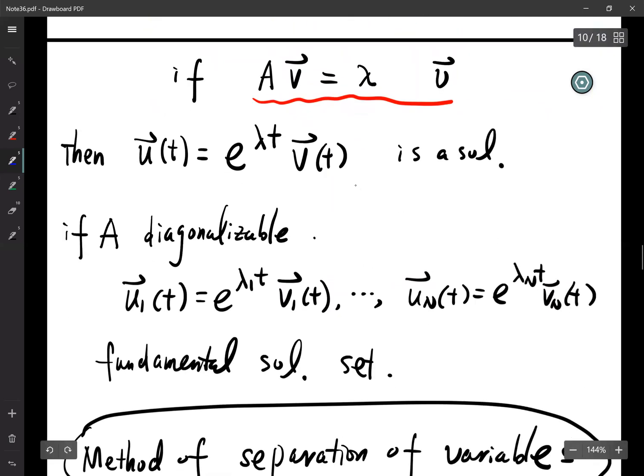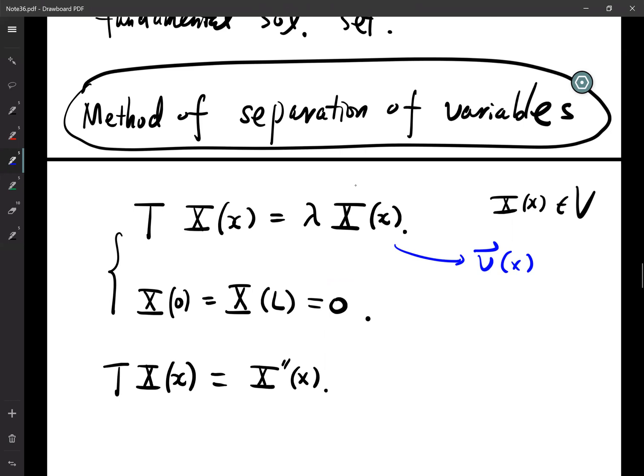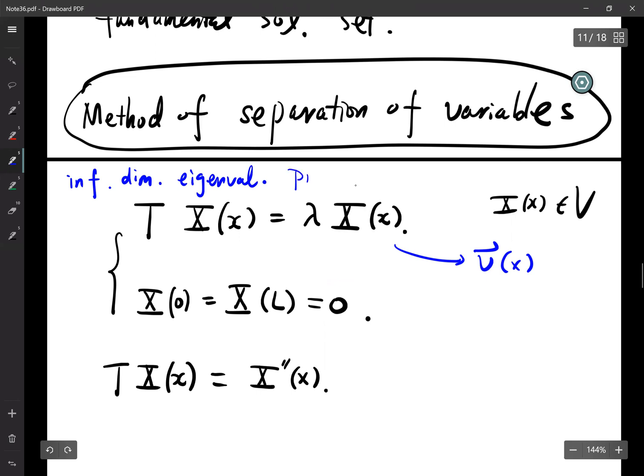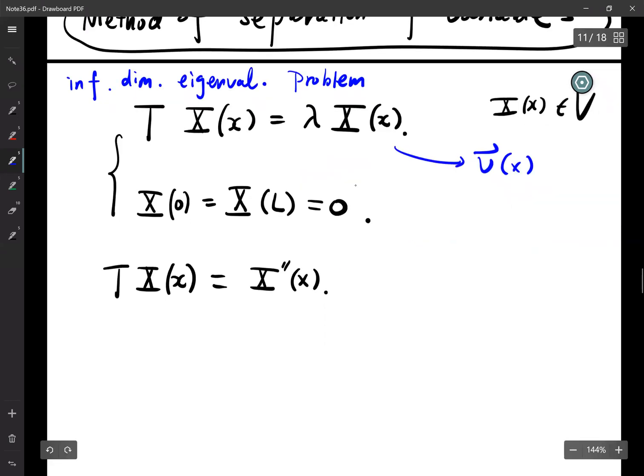Now I solve this eigenvalue problem, but this is an infinite dimensional operator. So I need some other way other than linear algebra to solve this. So this is an infinite dimensional eigenvalue problem. Okay. This infinite dimensional eigenvalue problem sounds extremely scary, but not really, because what I'm doing here is